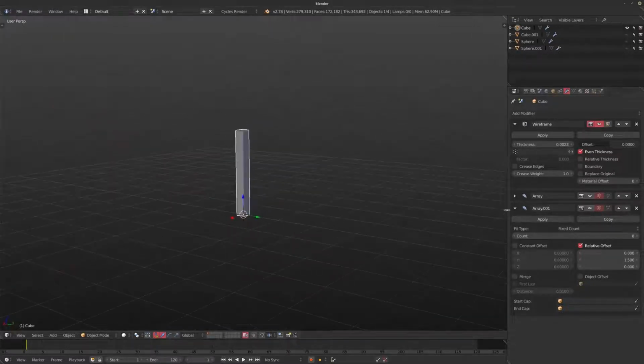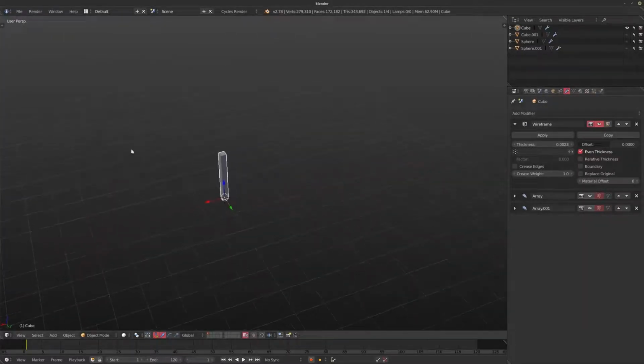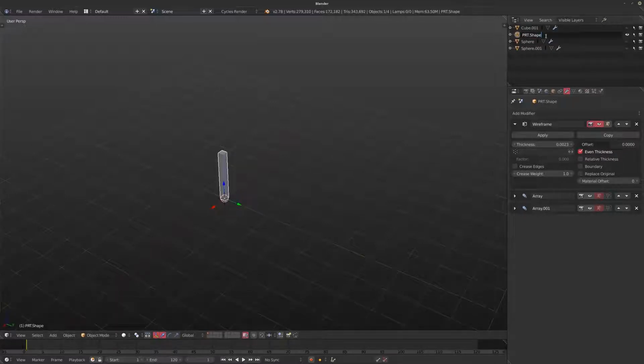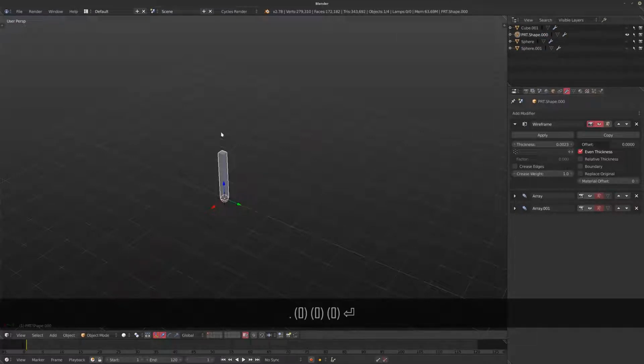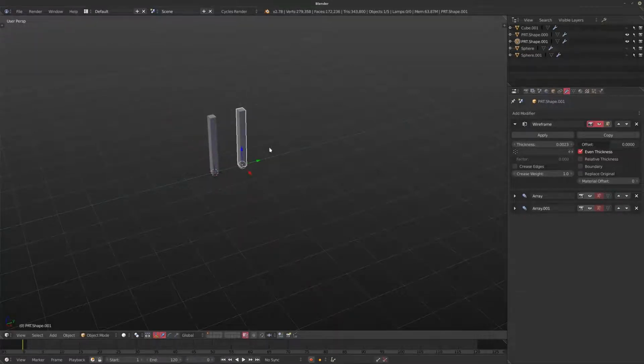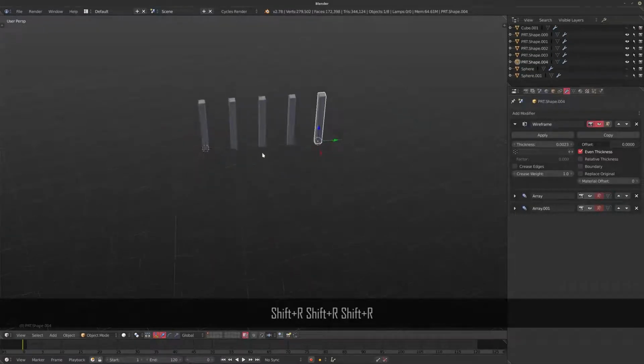thing. Now, if you want to create sort of a field of these with a lot of variation in them, a particle system is definitely the way to go. I'm just going to call this one particle shape very quickly, and there we go. Give it a number, and I'm just going to duplicate this. There we go. And if you hit Shift R, Blender will repeat your last action, so you can duplicate it a